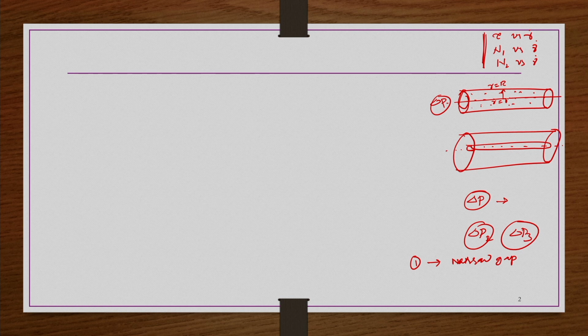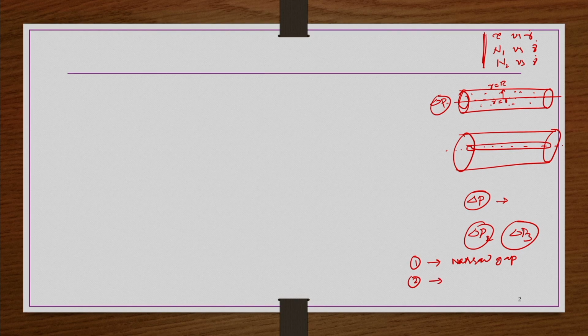If this difference from 0 to R is very small, maybe 1 mm or 2 mm, that means in terms of meters it is of the order of 10 power minus 3 meters. Then obviously the change in shear rate or shear stress from center to the wall is going to be very small, so that can be neglected. That is one point. Second point is that in such kind of studies, whatever geometry you take,